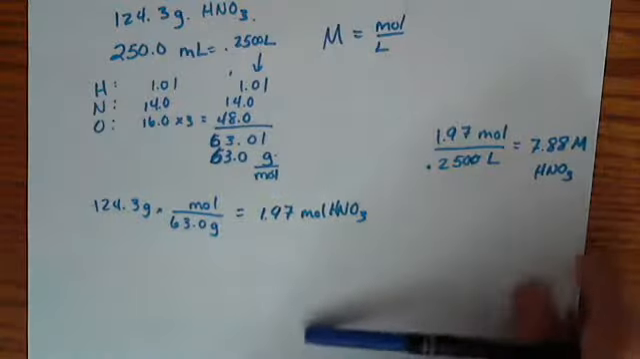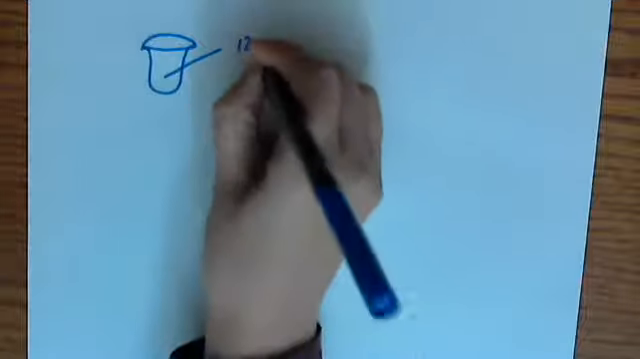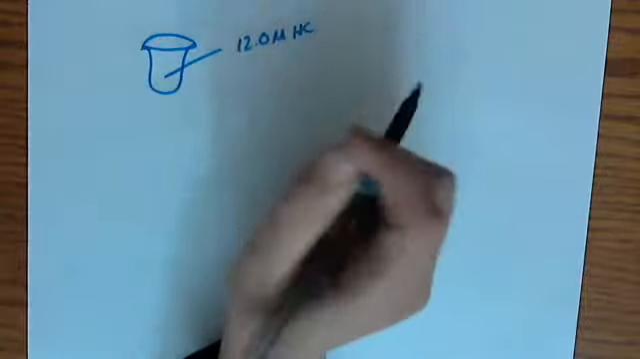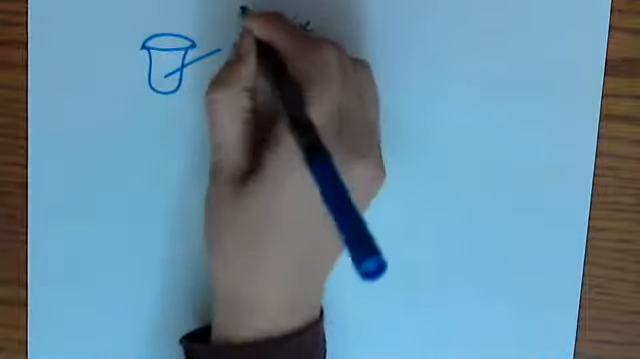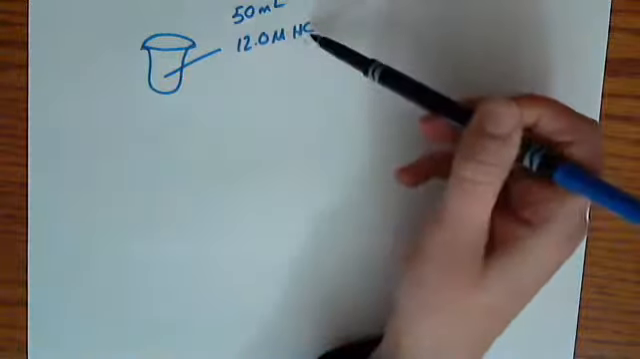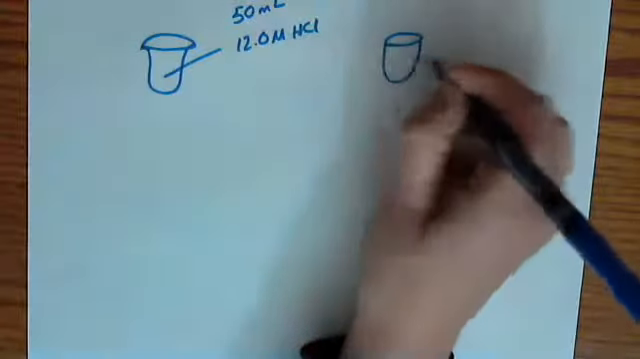Okay. And now to talk about dilution. Say we already have a solution, a beaker of, let's say we'll call this 12 molar HCl. And let's say there's 50 milliliters. We have 50 milliliters of 12 molar HCl. And for some reason, we don't want 12 molar HCl. We want 3 molar